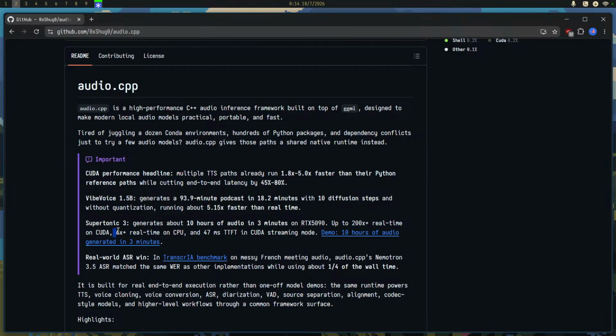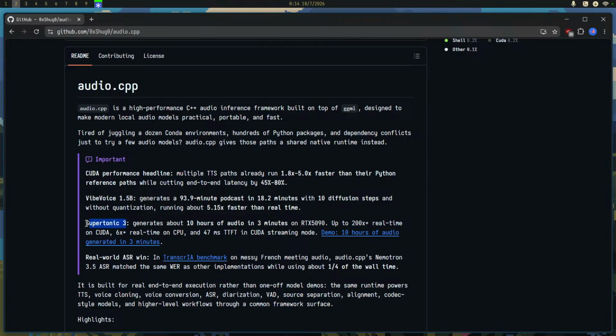So I'm not really sure if what they are claiming is 6 times of that, or if it's 6 times real time, because Supertonic 3 is already quite fast. And so we'll have to see that, because I'm not sure if it's much faster than what we already have.